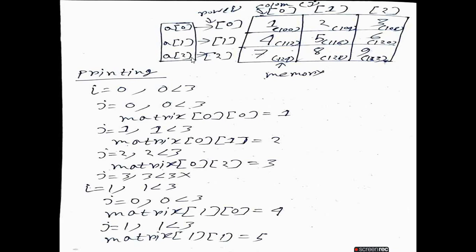Next, again we increment the i value for inputting the values of row 2. As here is the stop, because when we increment the j value, 3 is not less than 3, stop. As I already showed you, row 0 is fully filled, and row 1 is fully filled with the elements. Then increment i, it becomes 2.